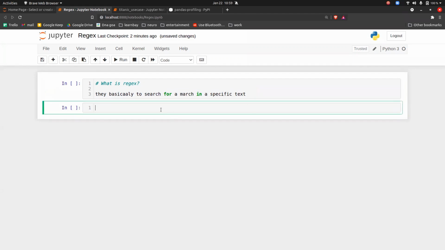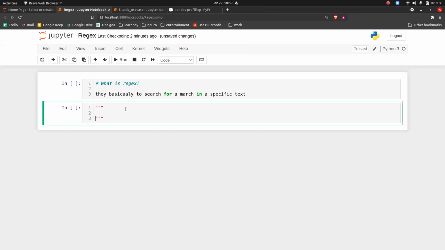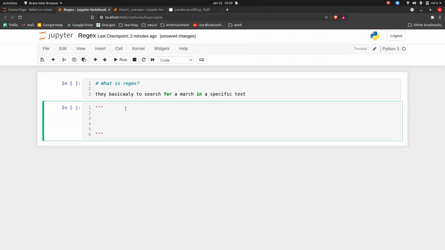To understand regular expression, you have to understand this first. There are different special symbols that you have to understand first. The first symbol that we have is the dot symbol. Dot indicates any character except new line.